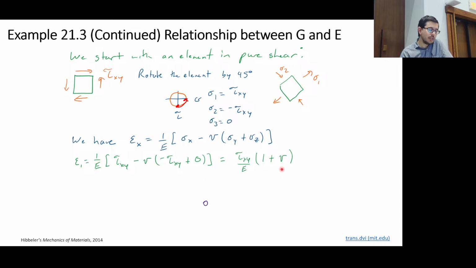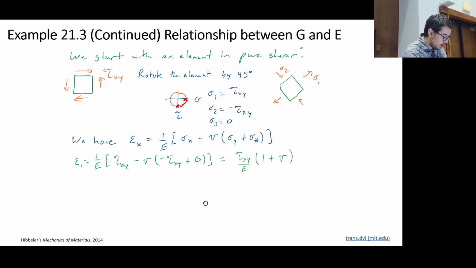And we're like, oh, this is cool. We're getting the 1 plus nu. We're getting close, because what we're trying to derive, I should have probably written that, is G equal to E over quantity 2 times quantity 1 plus nu. So we can kind of see, hey, we've got an E, we've got 1 plus nu. We're kind of getting close here. All right, what do we do next? Well,